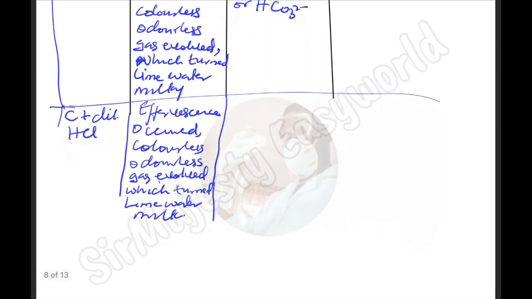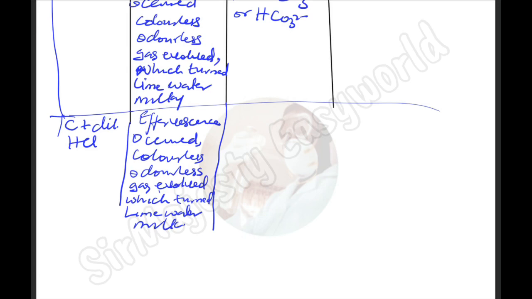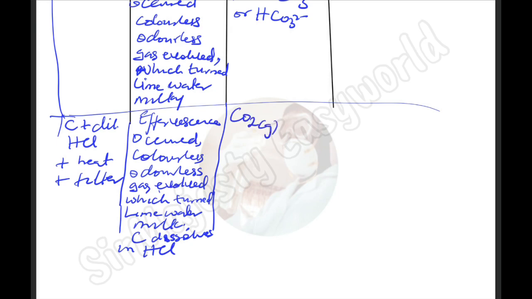So it depends on when they are telling you to heat. Now, if they tell you to heat and possibly filter, say plus heat plus filter, then you'll be forced to say C dissolved in acid, or part of C dissolves in acid. There will be no observation on heating. Heating is just to facilitate the solution. You just tell them that C dissolves in HCl. If they say H2SO4, you say H2SO4, and your inference here should still be CO2 gas from